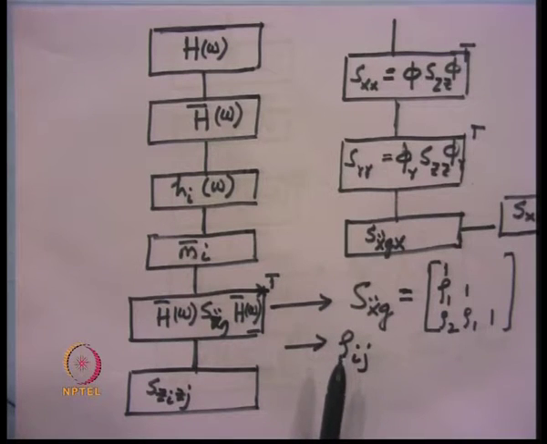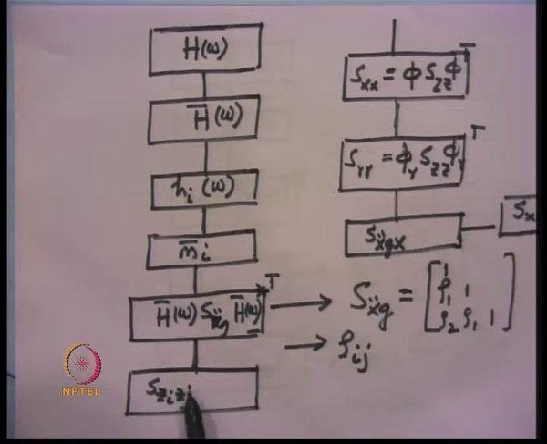Rho I j must be expressed with the help of an expression for the coherence function taken from the literature which is appropriate for the particular site. And then one can obtain the Szi Zj, that is the cross power spectral density function between any two generalized